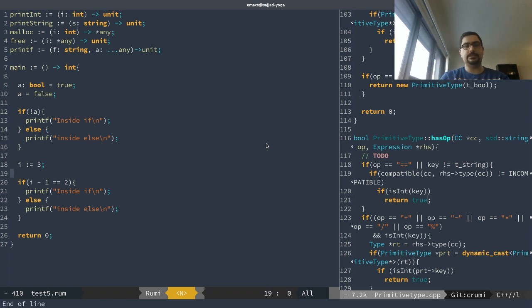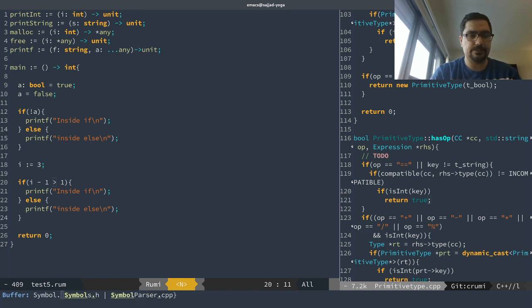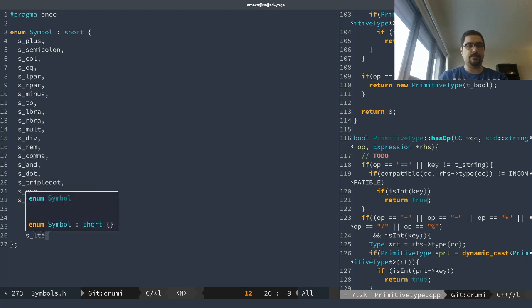Let's start with something easy. So I'm going to say, is it greater than 1? And we have to define the greater than operator. I guess we can define all of them at once, right? Let's do that. So we have greater than, greater than or equal, less than, and less than or equal. So those are our symbols, and like so